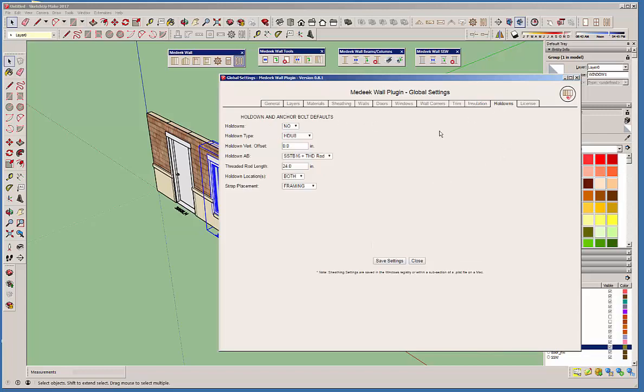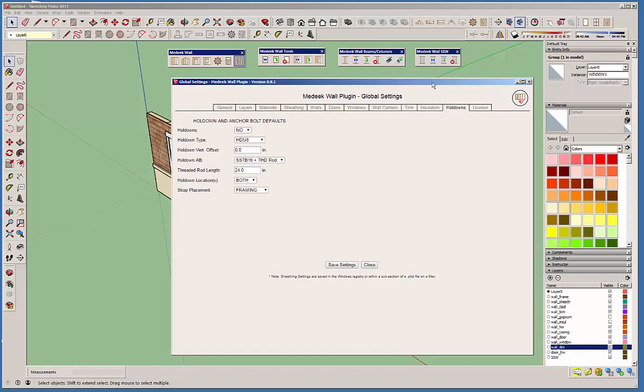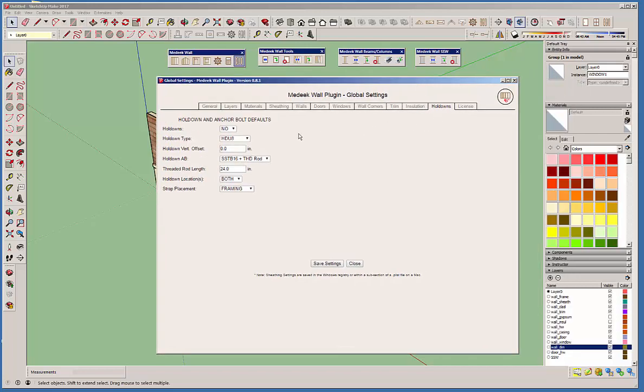Hold downs, this particular tab, this all works, this is all functional. It gets fairly complex. I'll probably have to do a whole other video for engineering on this one, and also I am going to be changing this up slightly, and we will be setting up a specific